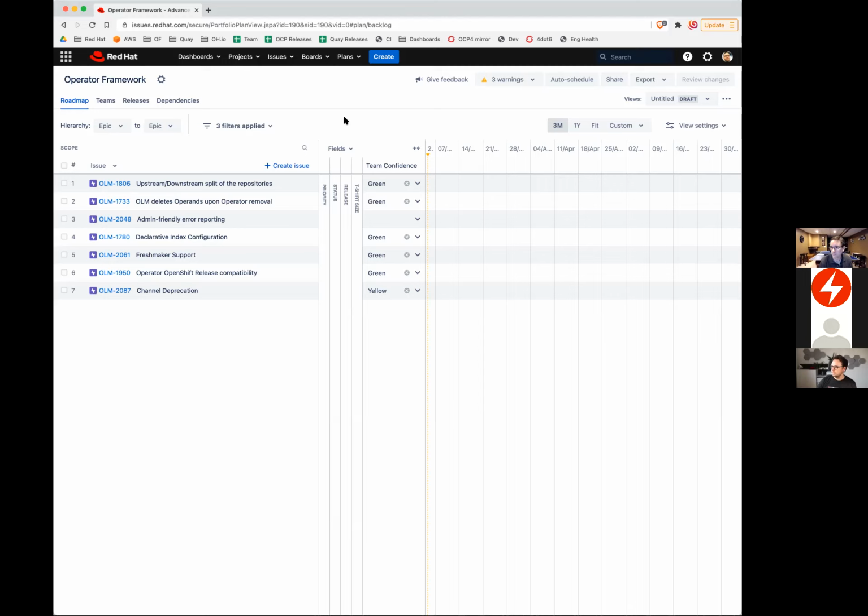It only does that in replaces mode, and it's specifically for choosing the channel heads is where that comes into play for the additive imperative index add commands that we have today.